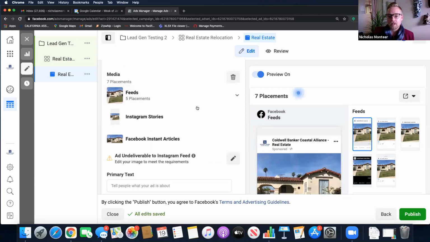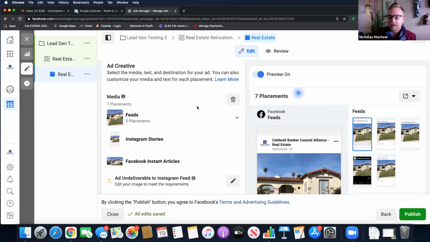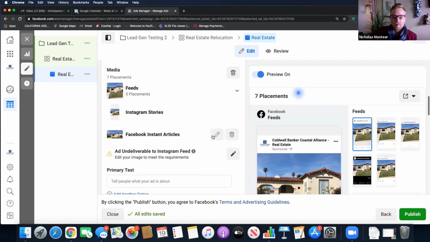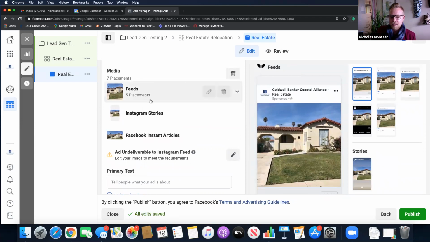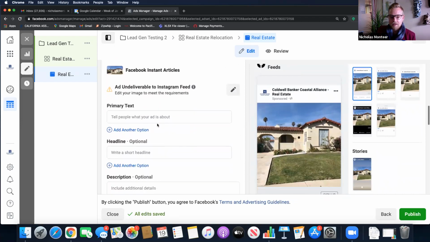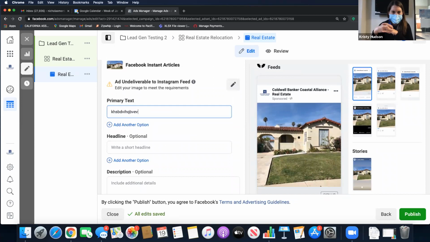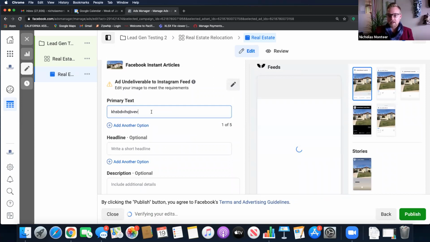You can build it here. Unless you're talking about an Instagram placement and you want your image to be all dialed in with all the funky emojis and all the cool stuff on it. Yeah, you'd want to build that before you do this. But if it's for a Facebook ad or whatnot, you'll notice that this is just the image selection here. And then down here is where if I start typing stuff in, it's going to populate over to the side.